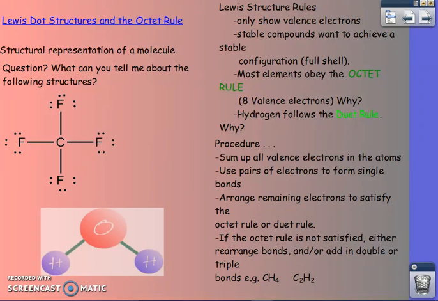Okay, so as promised, I wanted to share with you some rules on how to create something called Lewis dot structures. The reason I've decided to start incorporating this into our class is that it gives us a great visual concept of how molecules behave and maybe why they behave the way they do. And again, it's just kind of fun to follow some rules and, of course, just play around with some molecules